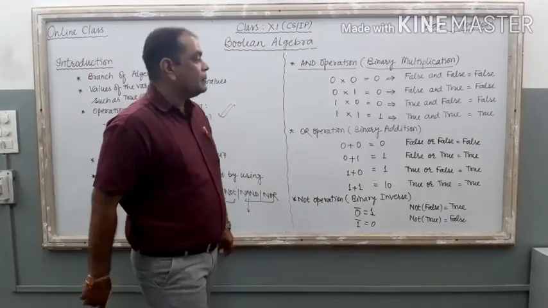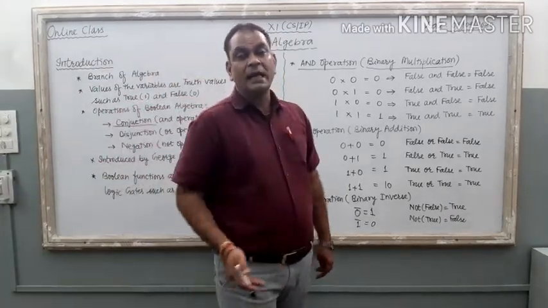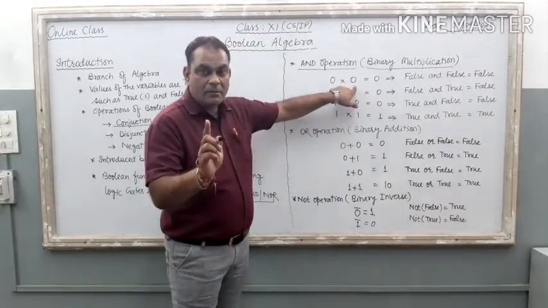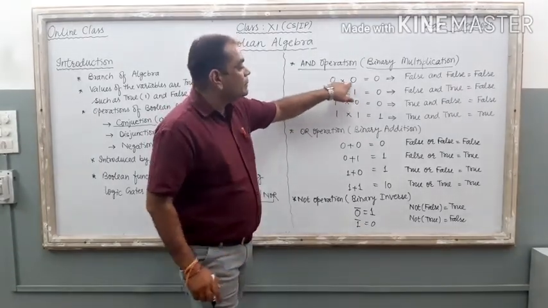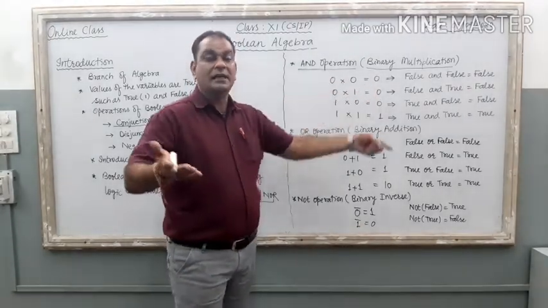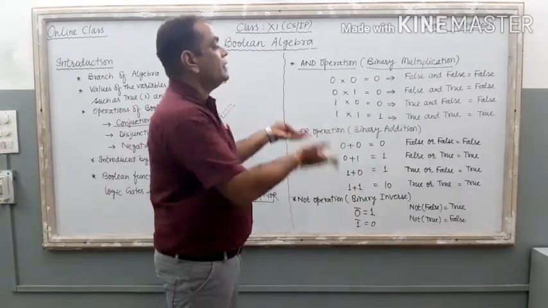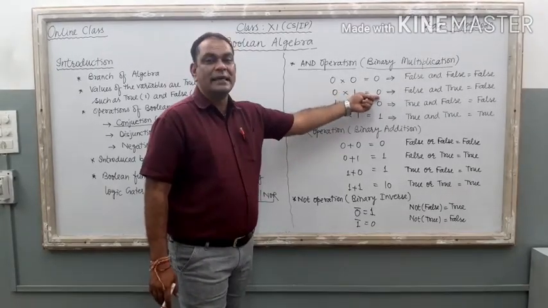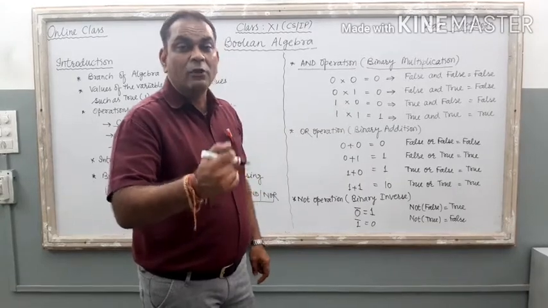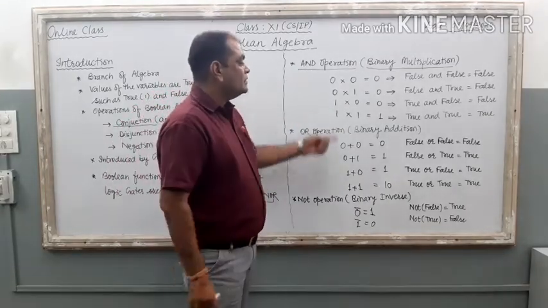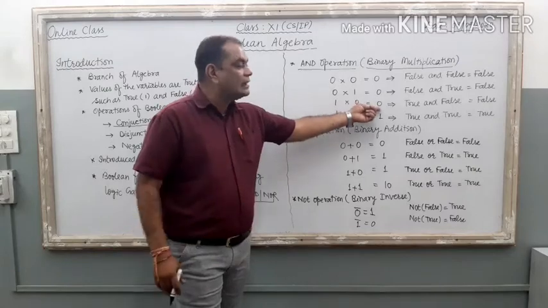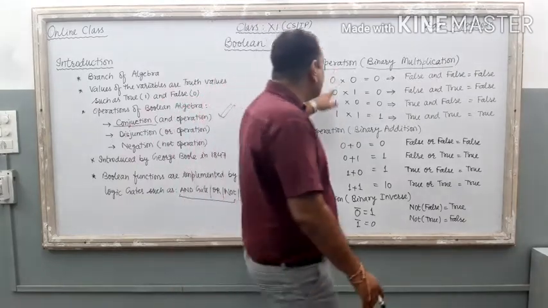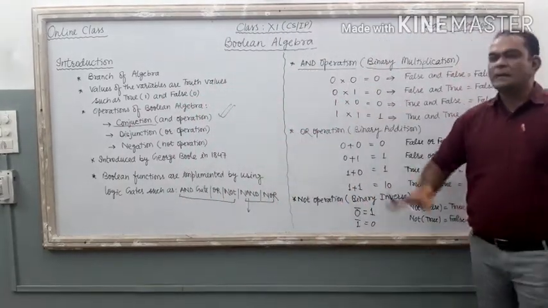What is there in binary multiplication? We know that there are only two digits in binary language, 0 and 1. So, here 0 multiplied by 0, binary digit, remember, it is not a decimal digit. 0 multiplied by 0, the result is 0. Well known, the result is the same in the decimal number system and the binary number system also. Now the second line, 0 into 1, result is 0. If you multiply 0 with any other value, the result is 0. 1 into 0, just sequence change, again the result is 0. 1 into 1, what is the result? Here it is 1. So it is a basic multiplication.